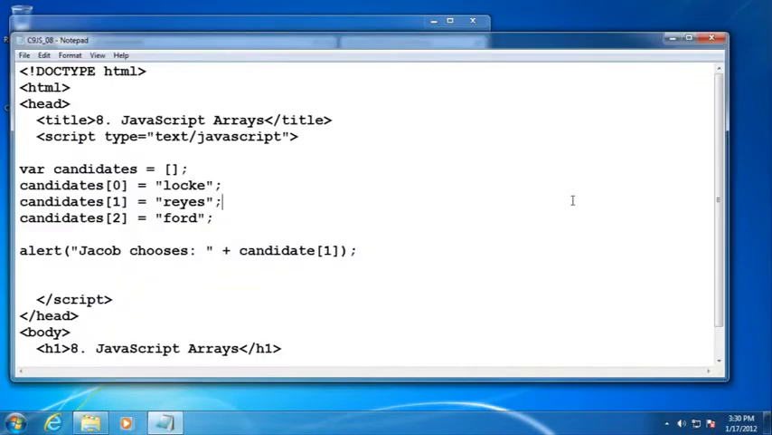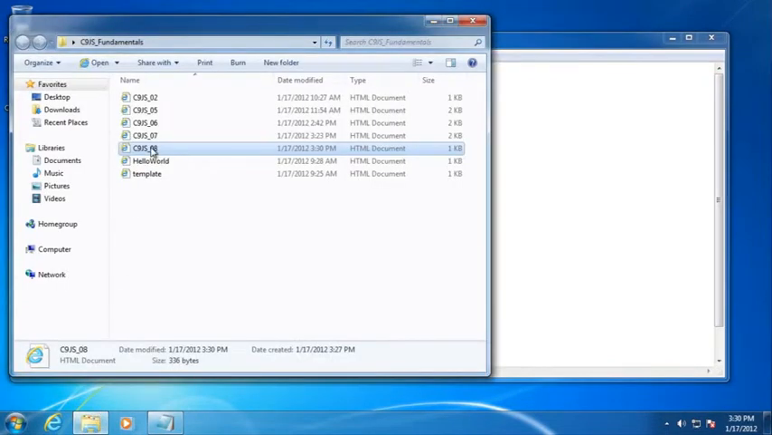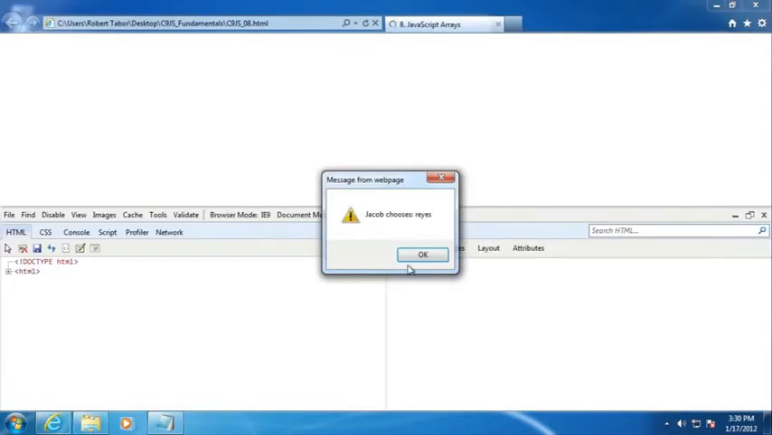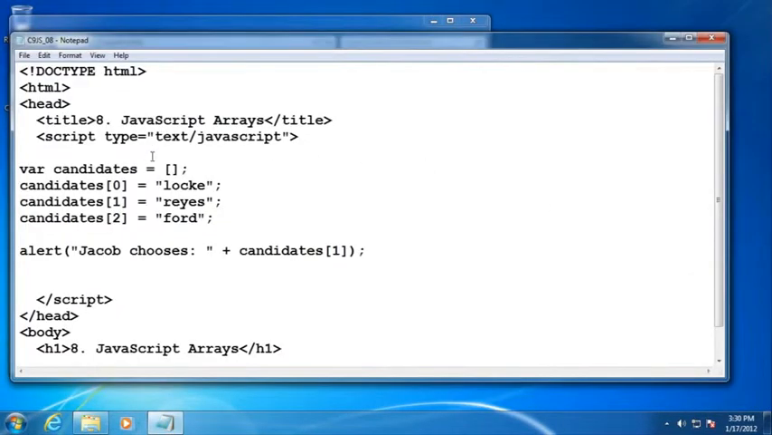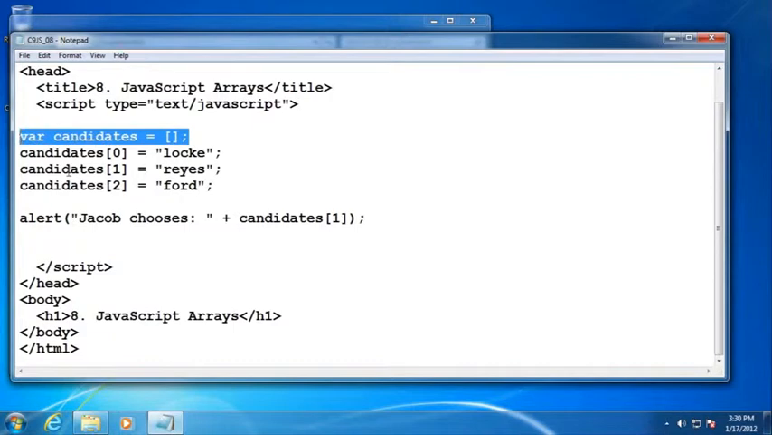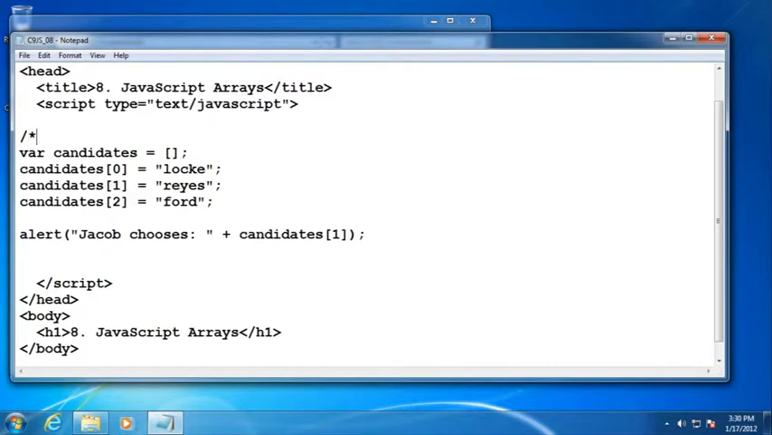Alright, let's take a look at our code here. And it should be candidates, not candidate. And let's try it again. There we go. Alright, so that's how we define an array. That's how we access each element of the array through its indexes using square brackets all the way. Alright, so let's comment out all of this,